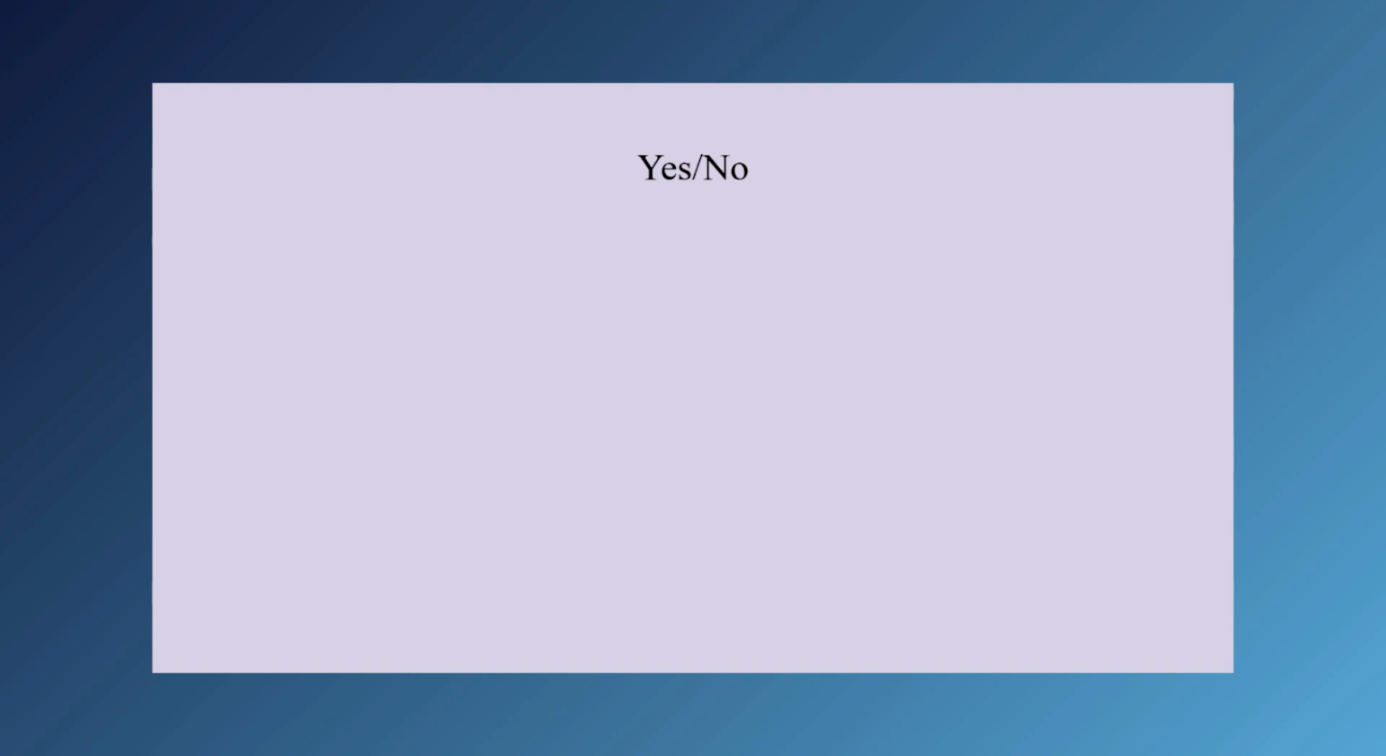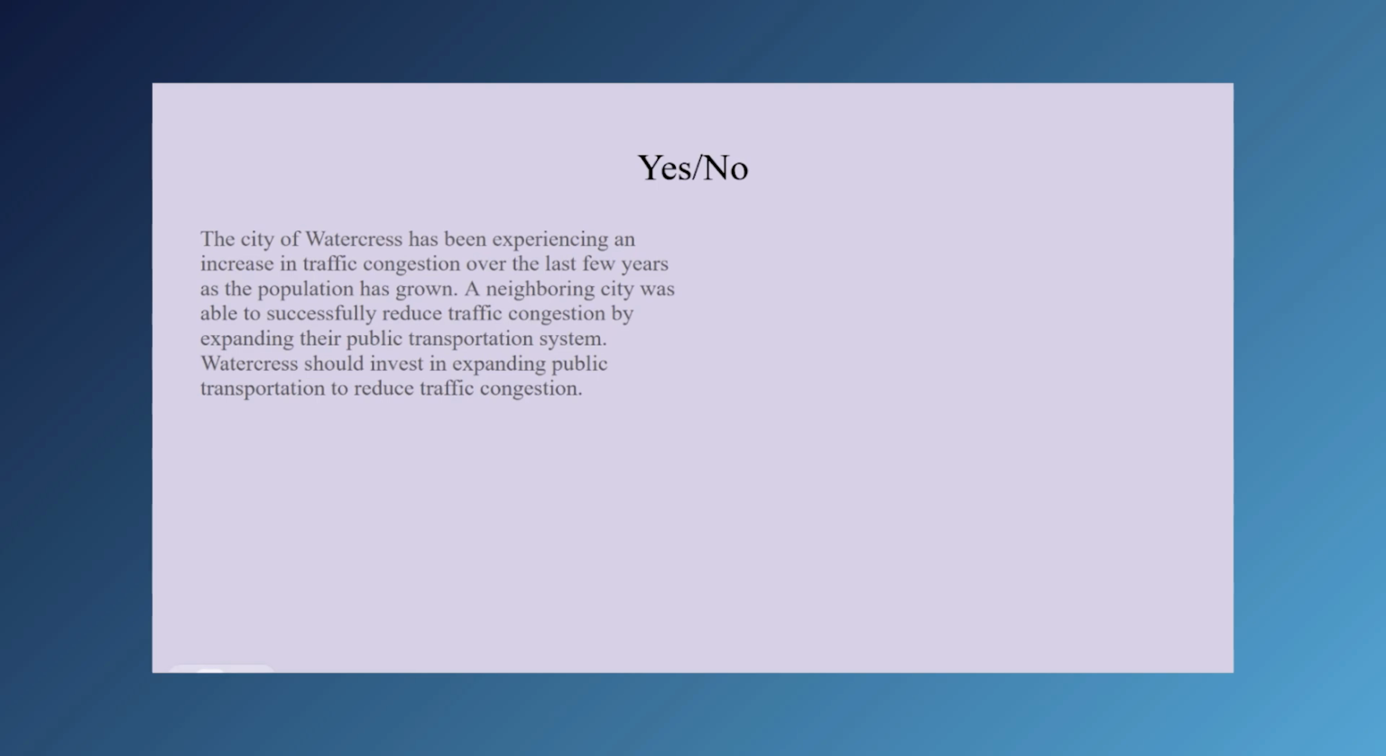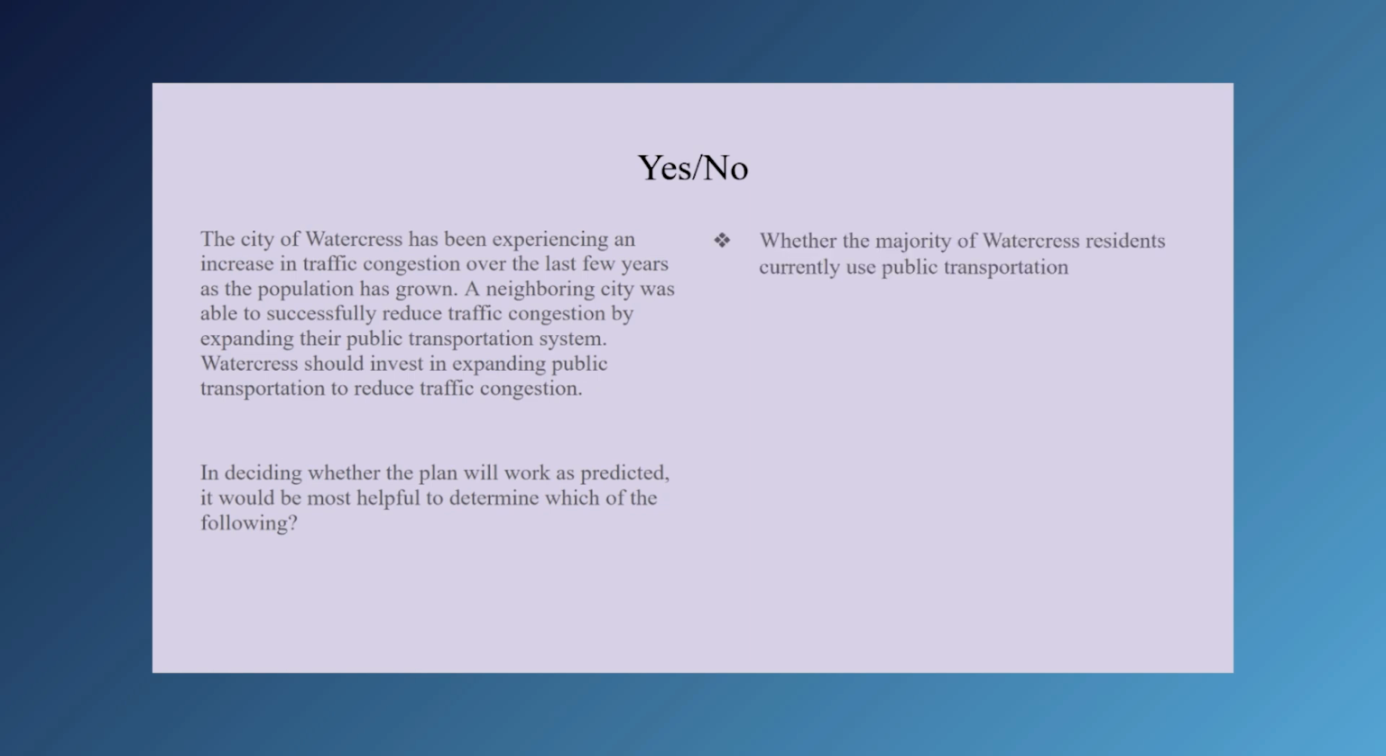or no answer. For example, the city of Watercress has been experiencing an increase in traffic congestion over the last few years as the population has grown. A neighboring city was able to successfully reduce traffic congestion by expanding their public transportation system. Watercress should invest in expanding public transportation to reduce traffic congestion. In deciding whether the plan will work as predicted, it would be most helpful to determine which of the following: